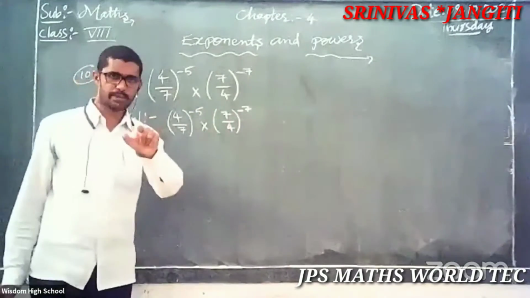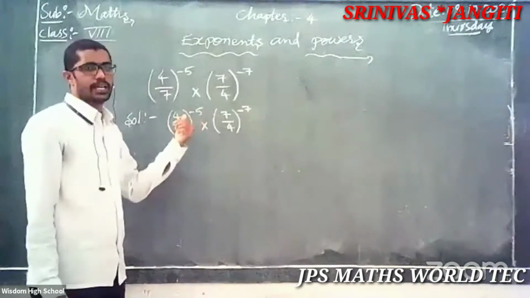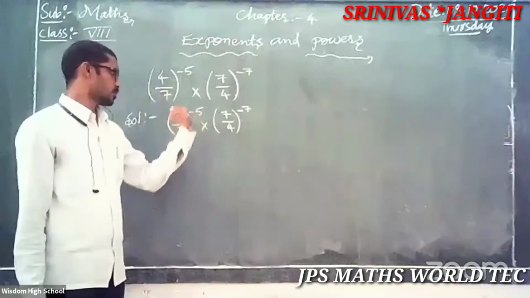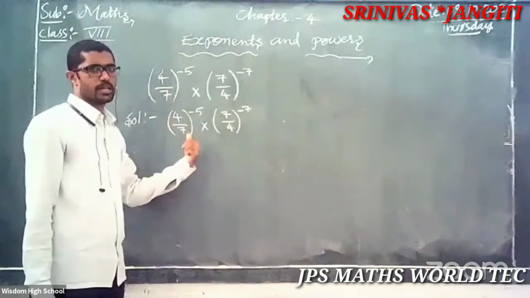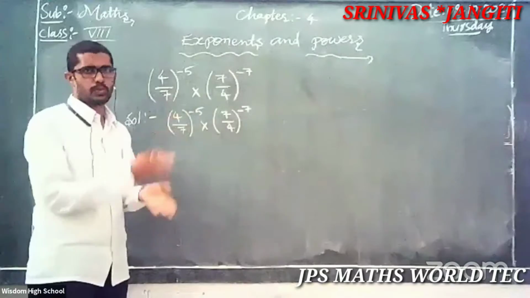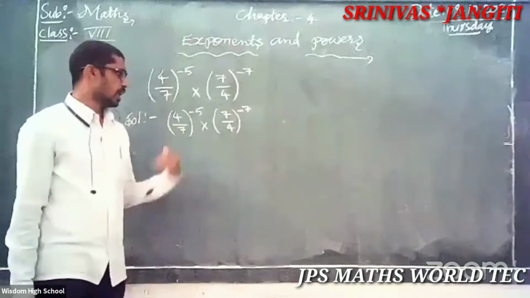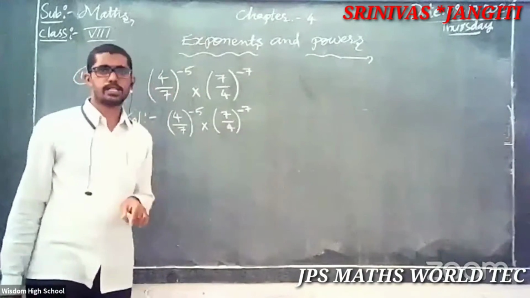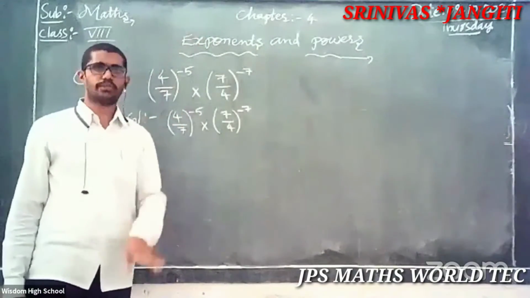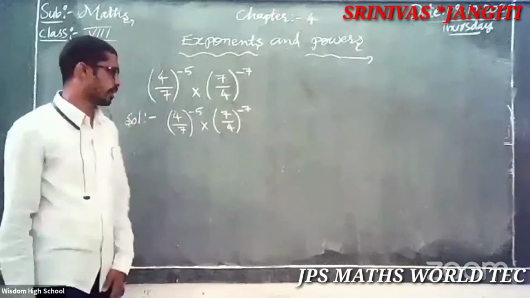Here there are two methods. Last time also I explained two. One is that you apply directly x by y all to the power of m, then x to the power of m by y to the power of m. Here minus, here also minus. Then you can interchange. What happens here? Minus becomes plus, plus becomes minus. That is one. Otherwise, another formula: x to the power of minus n is equal to 1 by x to the power of n. This is also there. So whichever you feel is easy, follow that one.